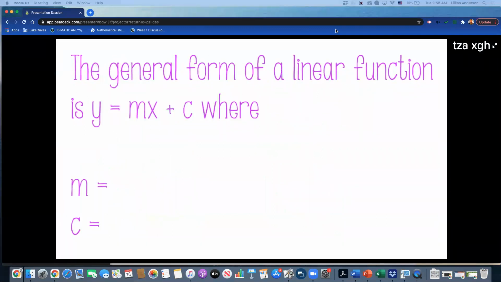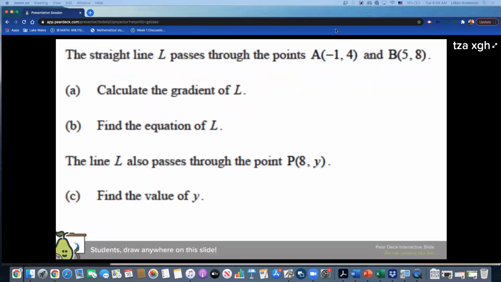Keep going with linear functions. y equals mx plus c, where m is the gradient, slope, c is the y-intercept. Yes, the y-intercept. Remember, m is the gradient, c is the y-intercept. Yes, that is old school mx plus c. Y'all know IB uses y equals mx plus c. So